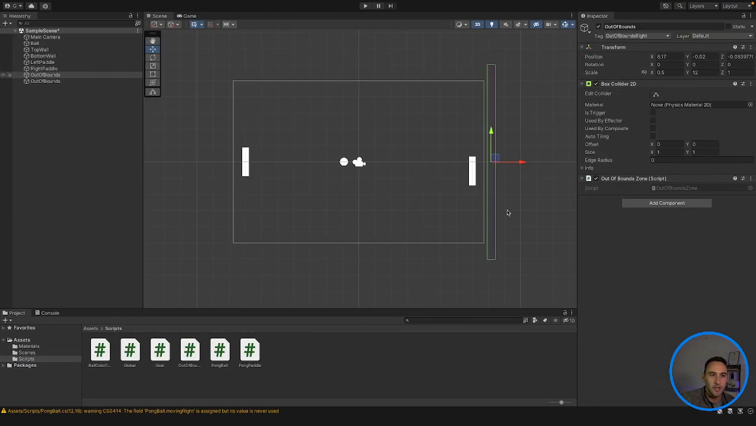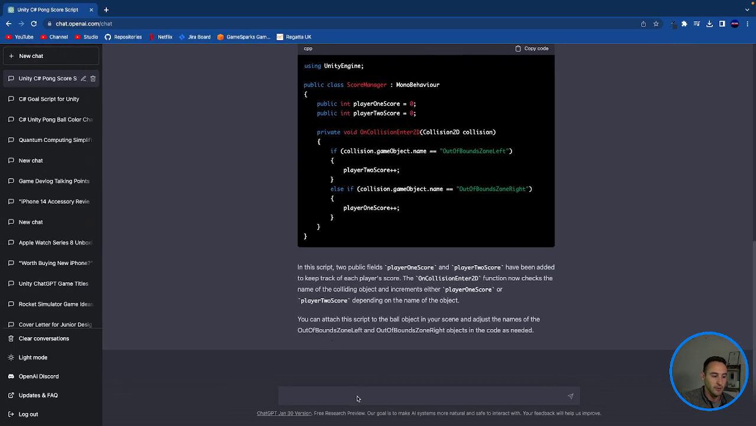The only thing that we need to change is the tag. So out of bounds right, that's what we need. So just because I'm lazy, actually I'm not lazy, this is doing more work. So I'm going to say rewrite the code and change the tags to out of bounds right and